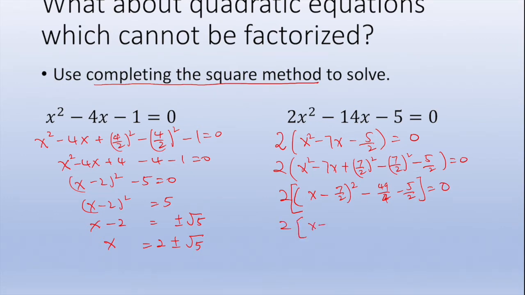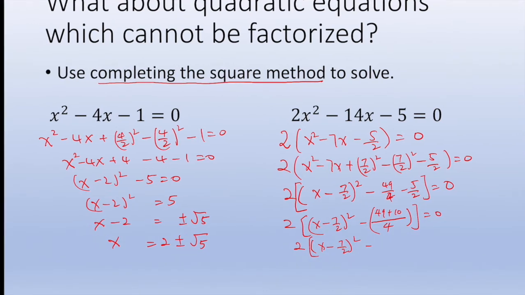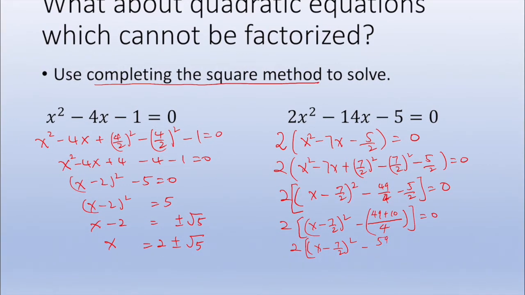So 2 times (x minus 7 over 2) squared minus, let's take it to a common denominator, 49 plus 10, equals 0. So therefore we've got 2 times (x minus 7 over 2) squared minus 49 plus 10 is 59 over 4